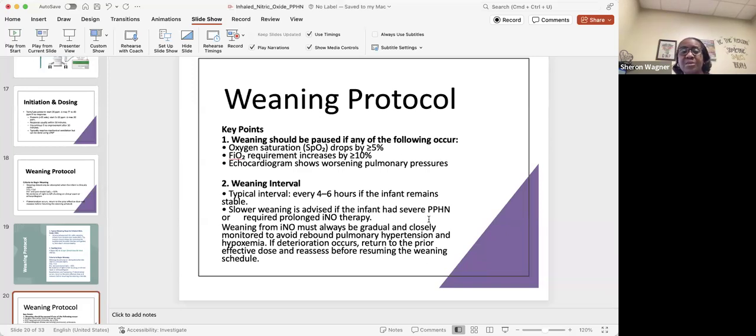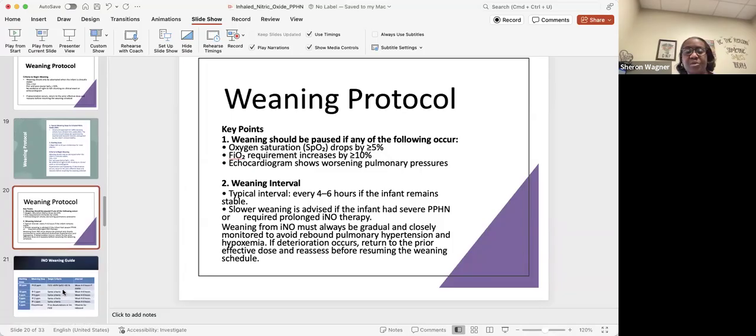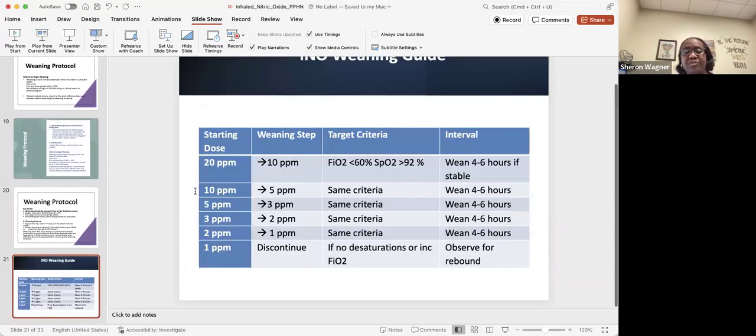So, weaning generally is about every 4 to 6 hours if the baby is doing well and is stable. And wean your oxygen as well before you start weaning your nitric oxide. So again, some people may target once you are able to wean to 60% oxygen or 40% FiO2, then you begin to wean the nitric oxide. And again, every 4 to 6 hours, be slow, be patient, because you don't want to rush this baby and then have some rebound